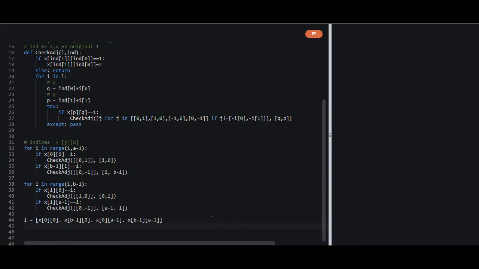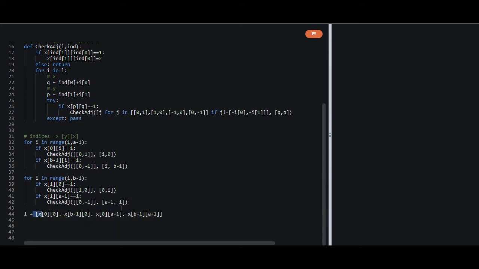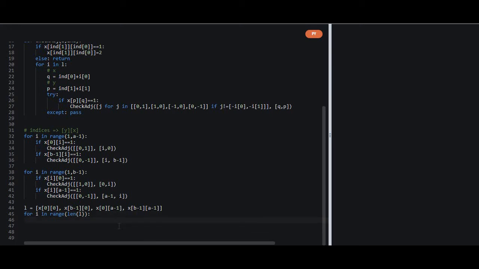And now what we can simply do is add 1 to all the values inside it. But since we don't want to make things complicated, even though that way is shorter, where adding 1 to all the corners will do the job, we can just make a quick loop for it. For i in range length of L. Okay, I'll show you by adding 1 also. The output will remain the same, and there can also be a possibility that we are saving some milliseconds by using that shortcut.